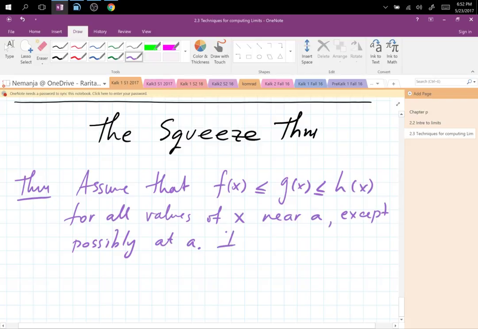And here's the theorem computation part. If the limit as x goes to a of f of x has the same value as the limit as x goes to a of h of x, then